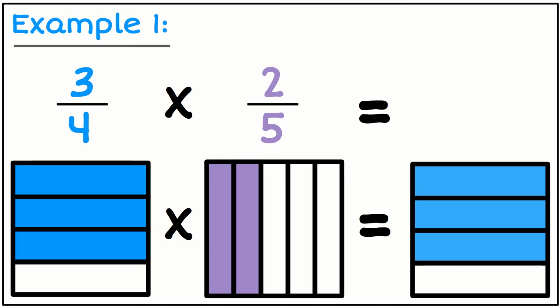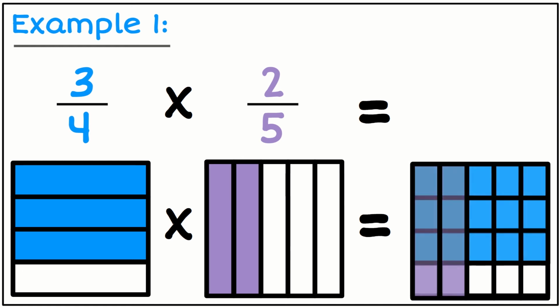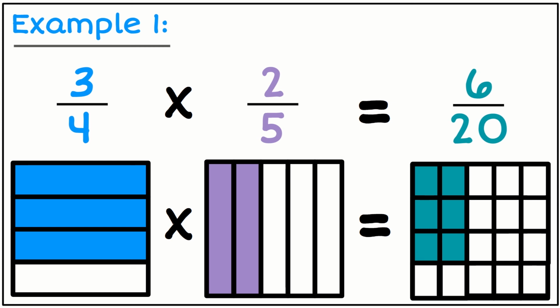So I take my 3/4 and I'm going to overlay with that my 2/5. And that now makes a grid of 20. What I need to do is look at which of those have been coloured in both the blue and the purple, and that is that section there, and that's what my answer is going to be, 6 out of 20. Now if I look at what happens to the numbers, if I take the numerators,